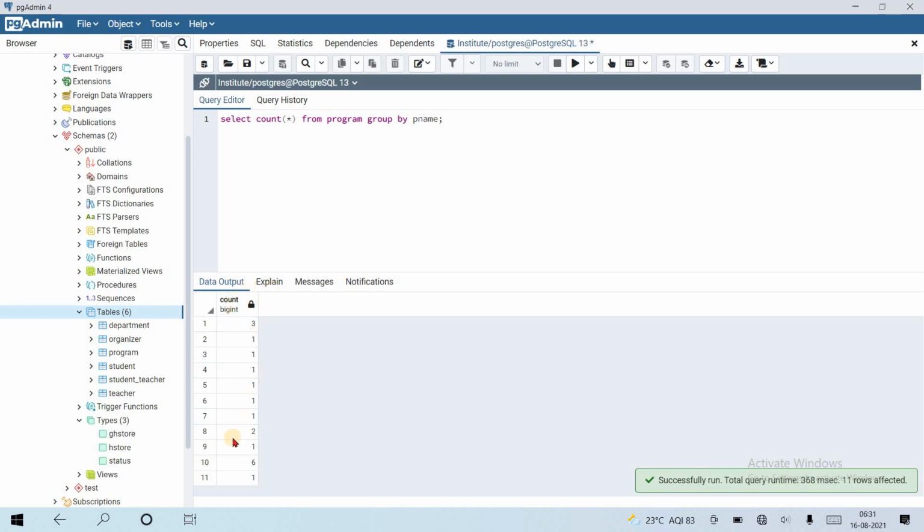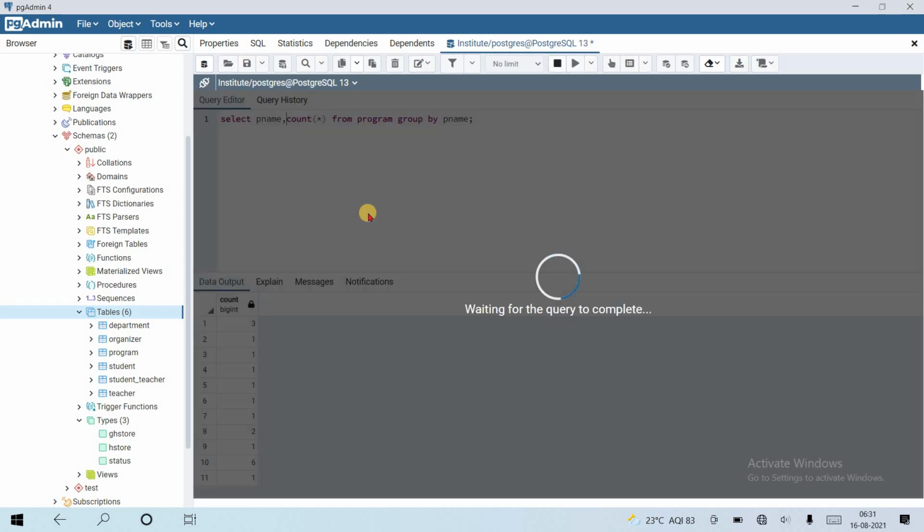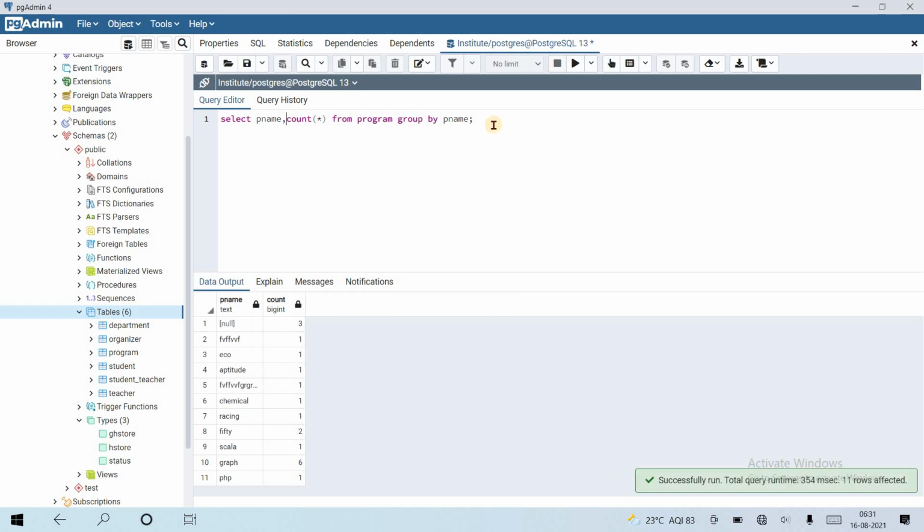It is giving only the count, but we cannot understand what the result means: 3 is for which, 1 is for which, 6 is for which. So let's fetch the pname column first, followed by the next column. So select pname comma count star from program group by pname.